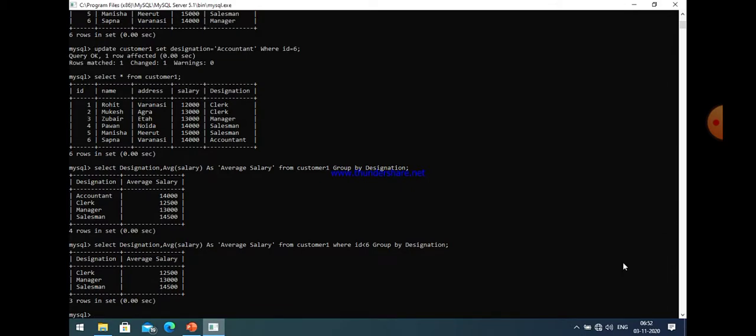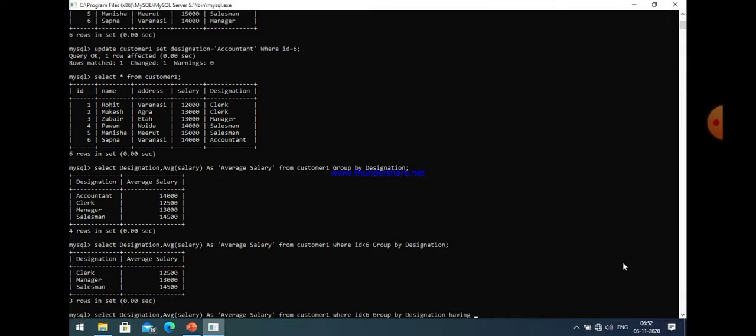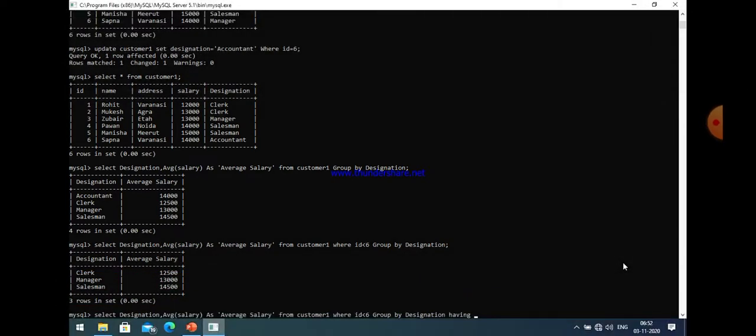Now if there is a condition with the group by clause, then we can specify the condition using the having clause. There is a basic difference between the where clause and the having clause. If the condition is related to a group, that condition should be specified with the having clause, or a condition related to an aggregate function must be specified with the having clause.